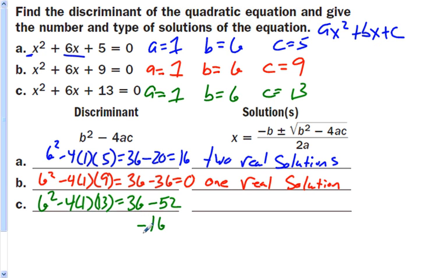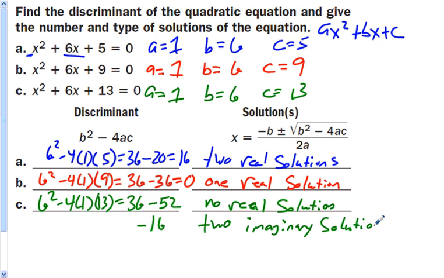So we've got a negative number for our discriminant. That means we have no real solution, but we do have 2 imaginary solutions. So if you think of it as the number of solutions is 2,